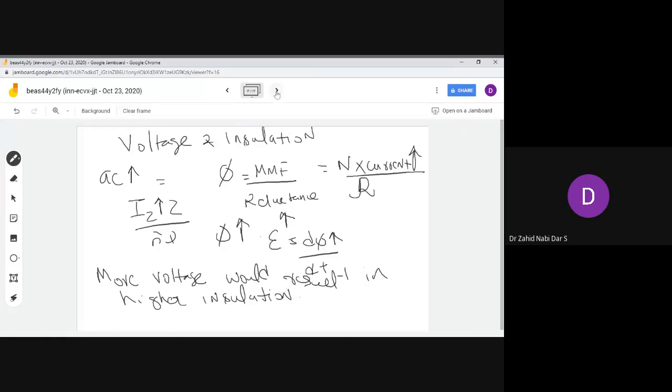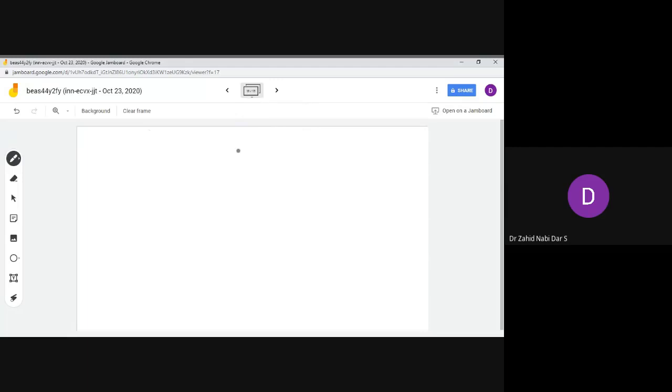Apart from that, you have one more property. What is the property? The third property which I discussed with you previously. When you are governing the ampere turns, that is the overload capacity. Again with the overload capacity you have the same thing; it will depend upon these factors only. When your ampere conductor increases, the number of conductors has to increase, and hence the number of turns would increase.